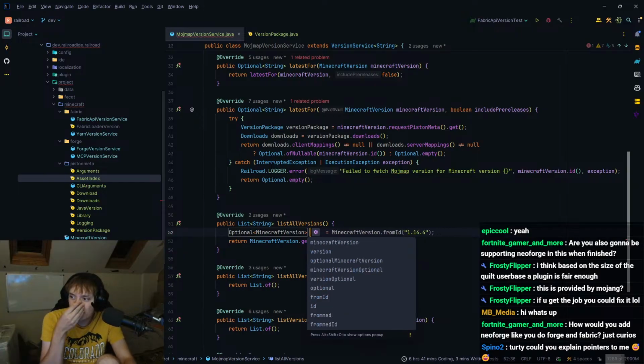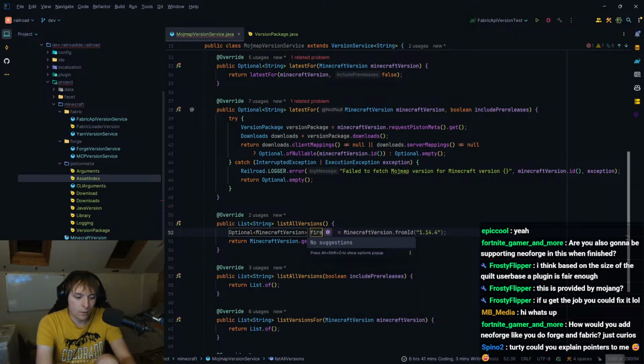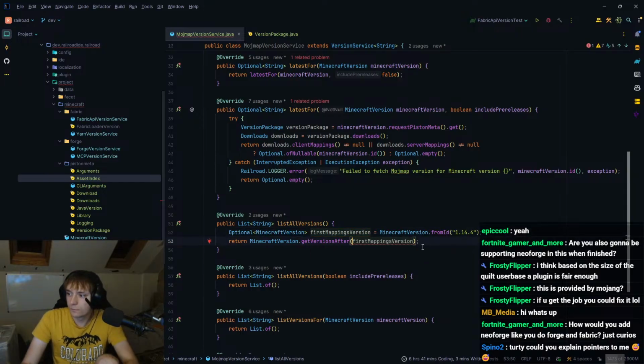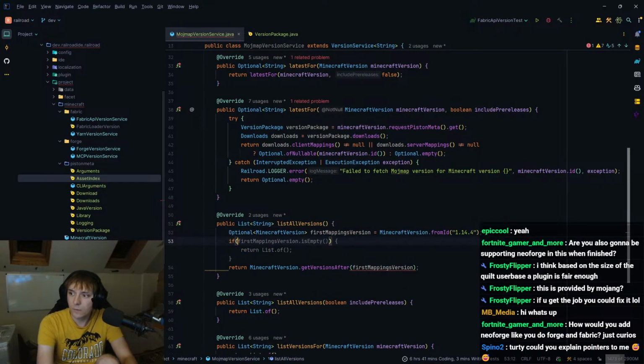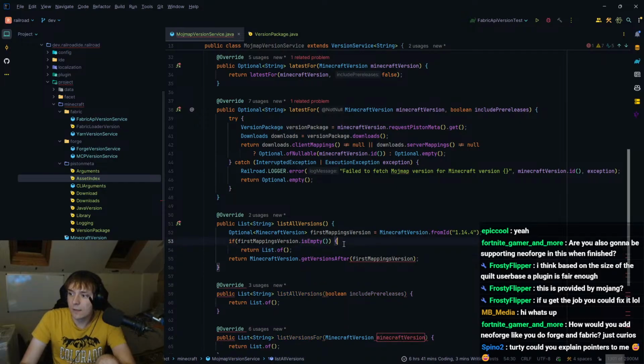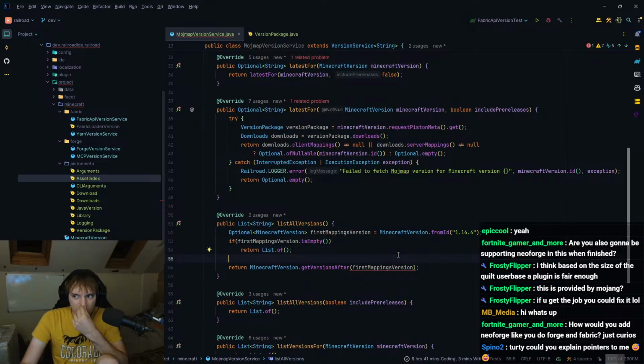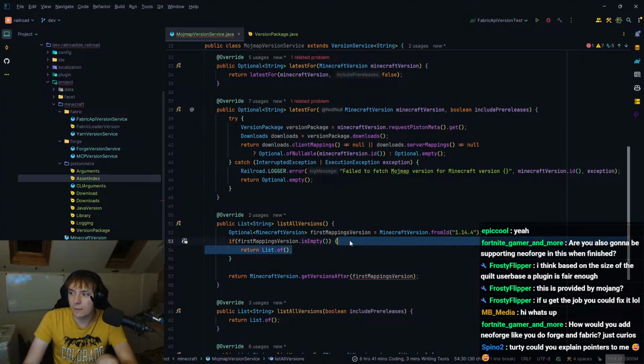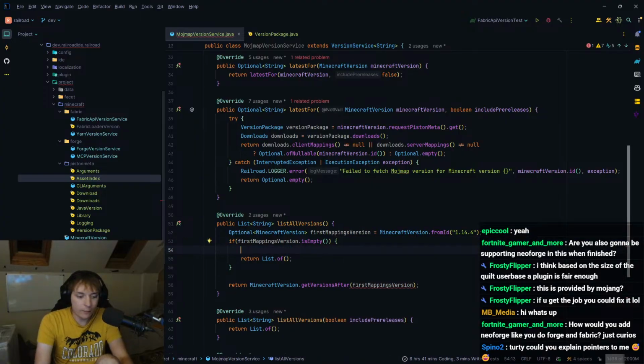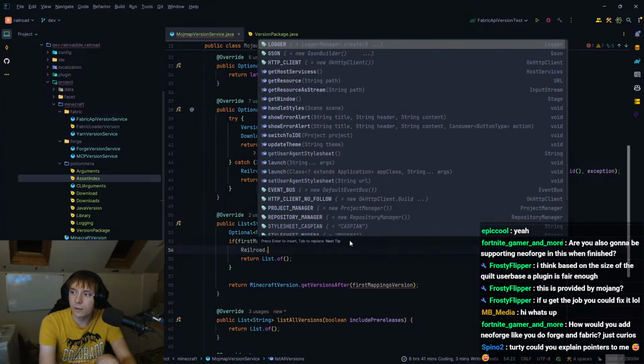How do I label this? First mappings version. If it's empty, return an empty list. Let's throw a warning actually, because that shouldn't happen.